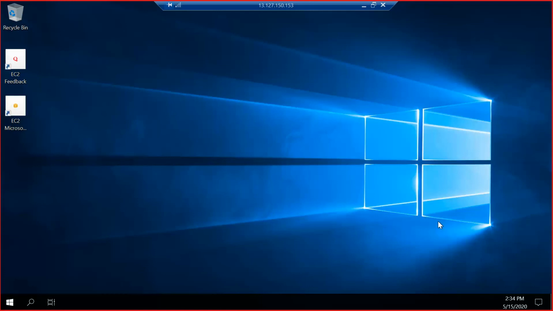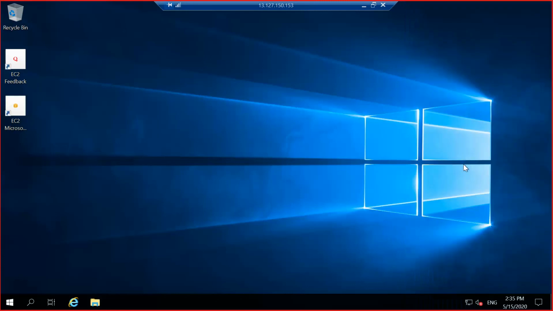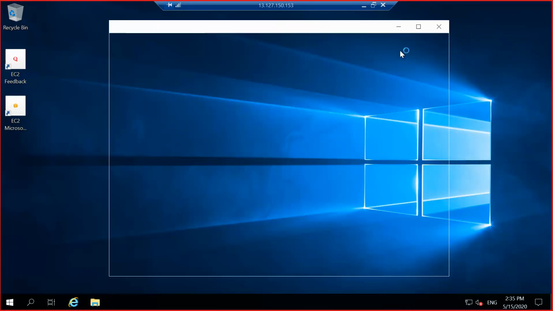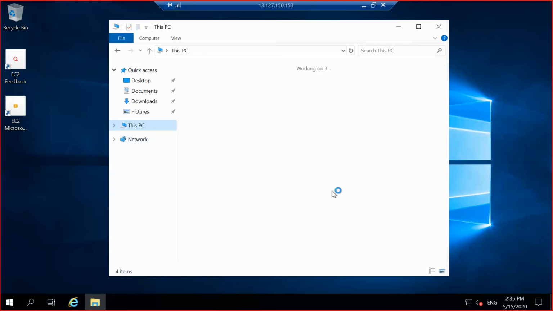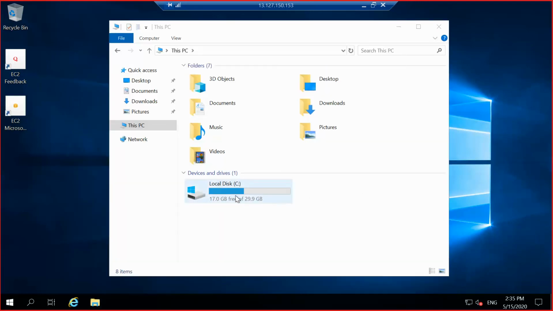So I successfully connected to the Windows 2019 virtual machine instance. The network is also connected properly. Open File Explorer, go to This PC. At present only the C drive is available.